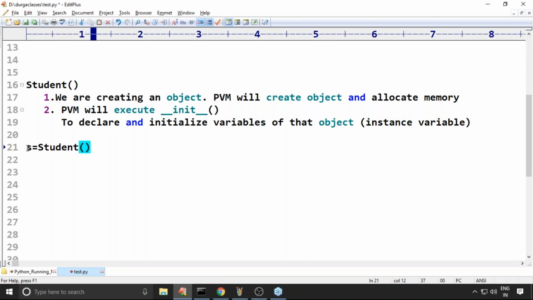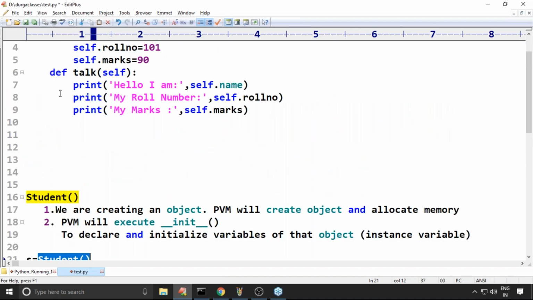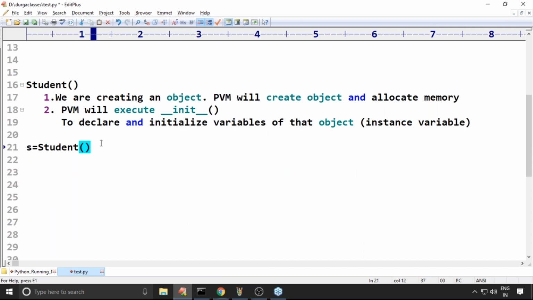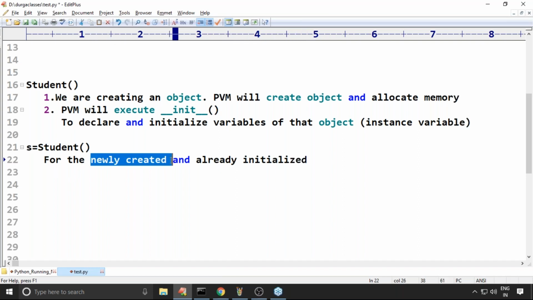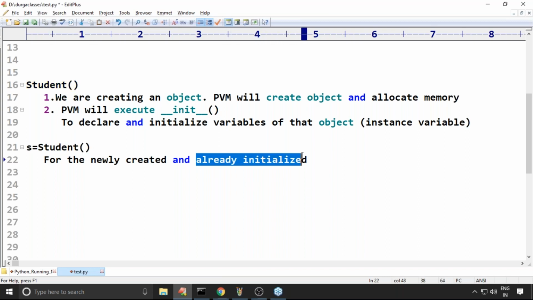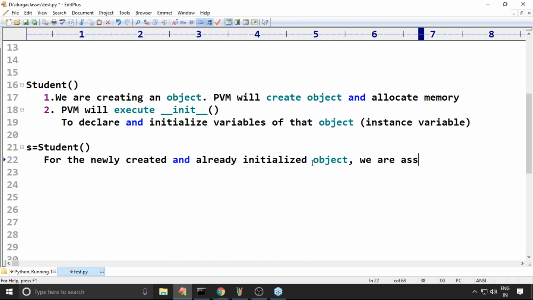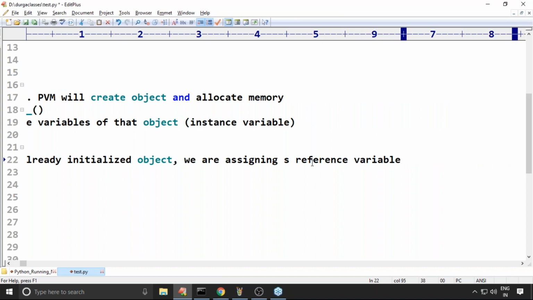For the newly created and already initialized object, we are assigning the reference variable s.